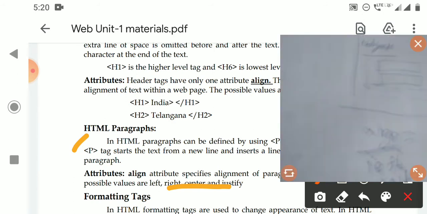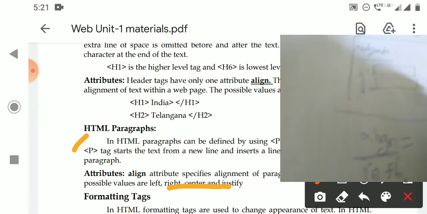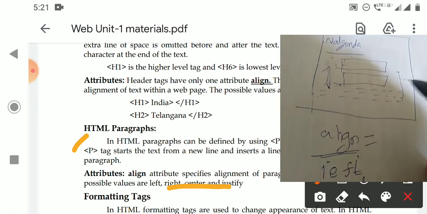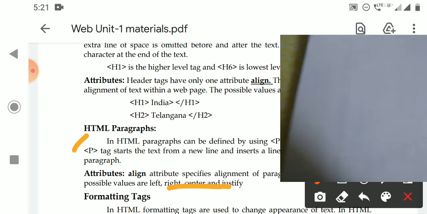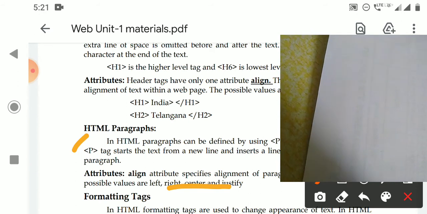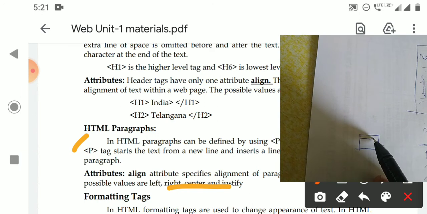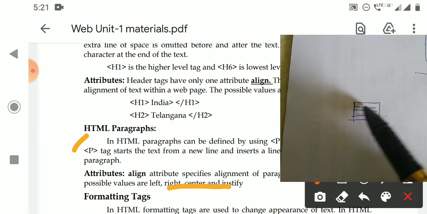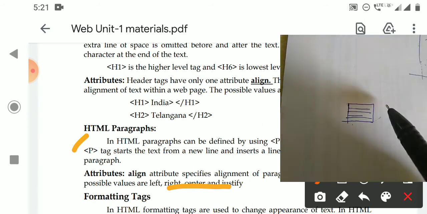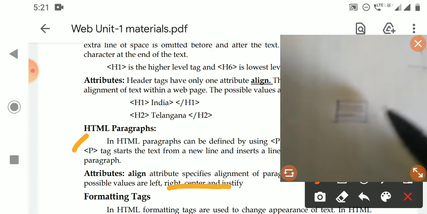All the lines start from the left side here. They may or may not end at equal places. So for example, simple left means like this. Here all start from the left side only. They may end here or here or here in the middle, based on the words.